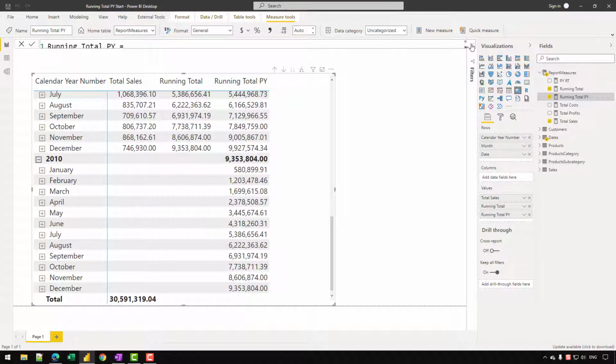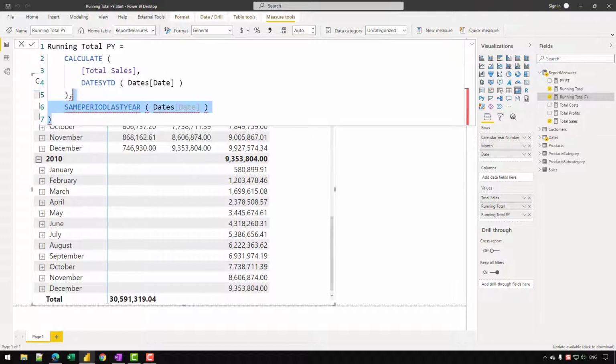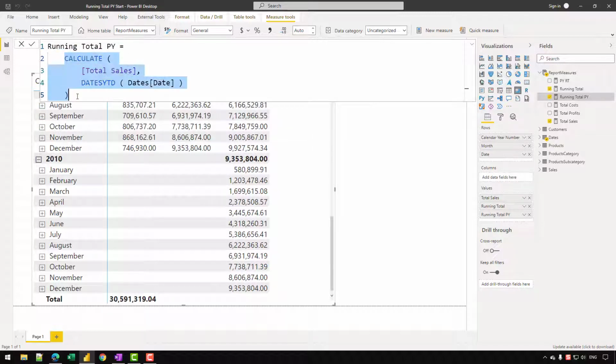So let's go to the formula bar once again, and now we can see the other method of creating this. So let's remove this outer calculate. The idea is that instead of nesting multiple calculates, you can actually nest the time intelligence function itself, because if you're working on a large project, then eventually your measures will grow in size as well.